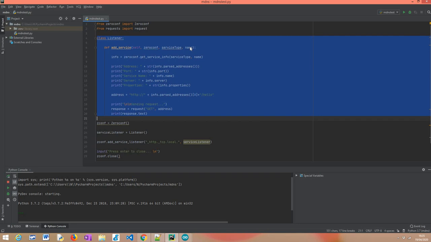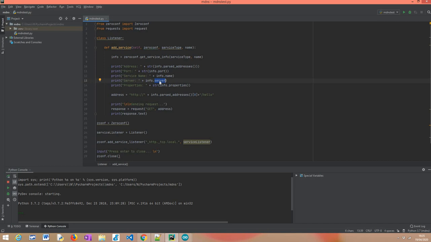We could also get it from this parameter, so it's the same. We have this server property. It's just another way of exposing the information. It basically has the host name and the local domain, so it's pretty much another way of putting the parameters that define a service. To be honest, it's not very useful, at least I don't see much of a use for this.